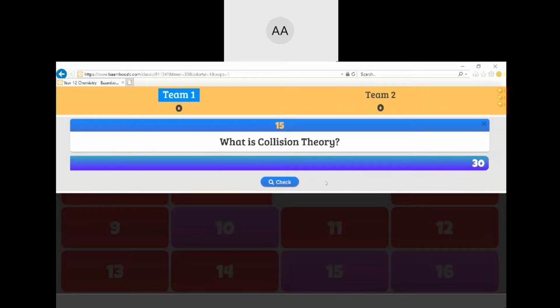What is collision theory? 25 seconds down. Oh, I can hear a few discussions going on. Okay, shall we check that answer? Oh, are you sure? Are you ready? 16 seconds left. 14. Let's